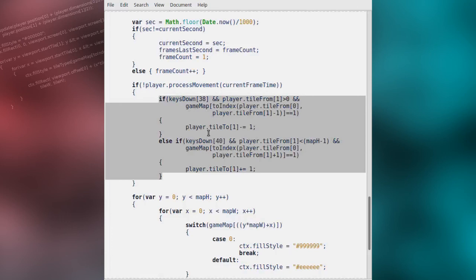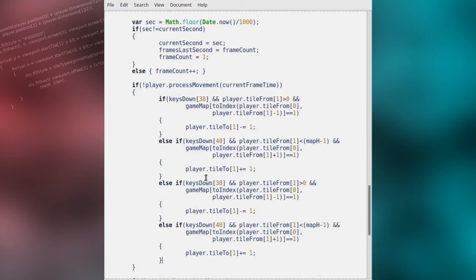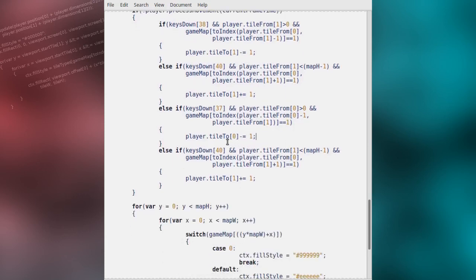Movement on the horizontal axis with the left and right arrow keys is done in a very similar fashion. First of all, if the left arrow key, number 37, is pressed, we check if the tile from X value is greater than 0, and we also check if the game map value at the index to the left of the current tile from value is 1, is a path tile, in which case we modify the tile to X value to reduce it by 1. If the right arrow key is pressed, key number 39, we check that the tile from X value